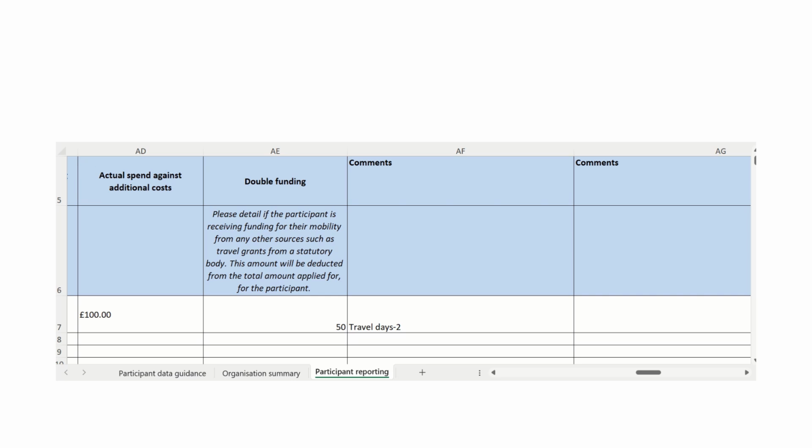Just to note, email reminders will be sent to organisations on a monthly basis. Spot checks will take place. These can be arranged at random, so please don't assume a spot check means there are necessarily any issues. Please also ensure that you fill in each column and double check the information that you've put in the reporting tool.